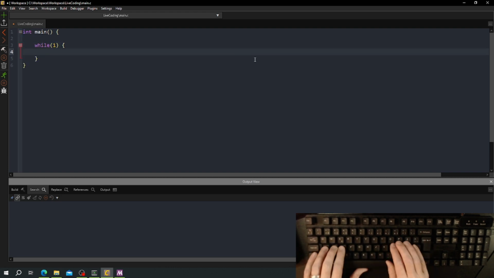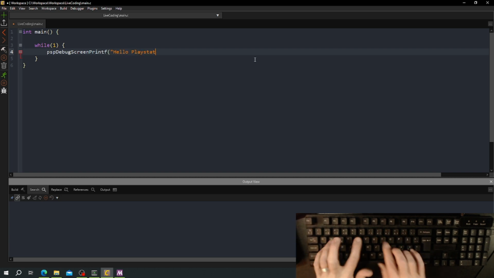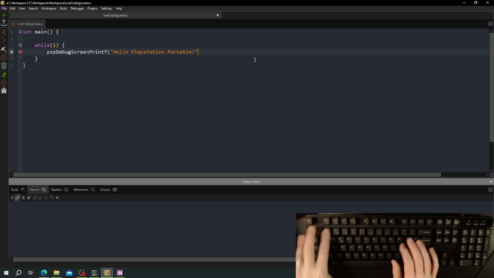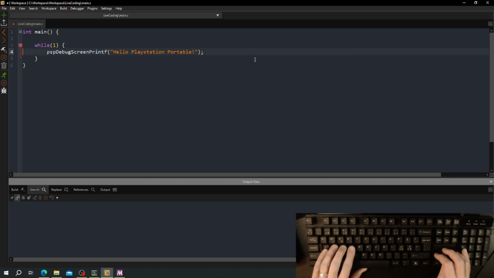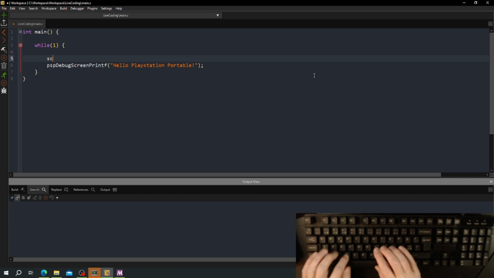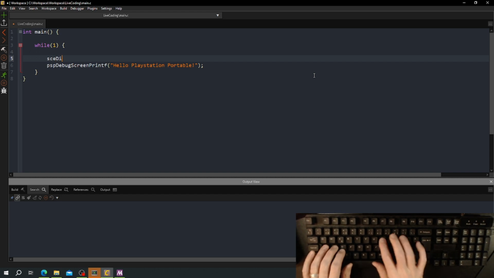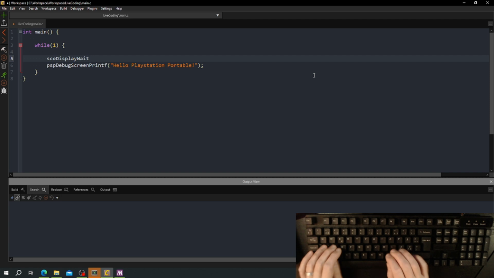And we will start with PSP debug screen, printf hello PlayStation Portable. There we go. We should also add in display wait vertical blank start, which means that when we are drawing